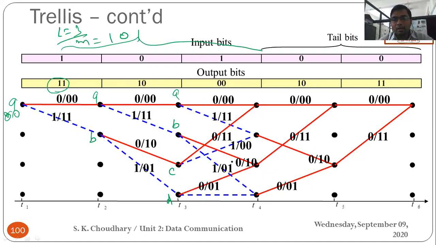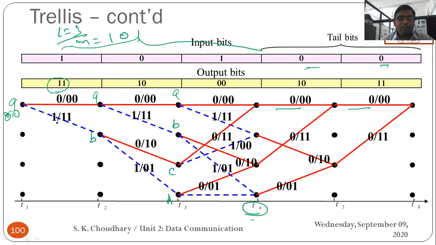But according to our input, we have finally determined that after the time T4 we are now going for the flush bits, and flush bits would always be a 0, not a 1. So in this case we have shown only the input that would be related to the 0, not the 1. For simplicity of the diagram, you can show the dashed line also. It would not be a wrong method, it will also be accepted, but for reducing the complexity we have only shown the solid line for T5 and T6.